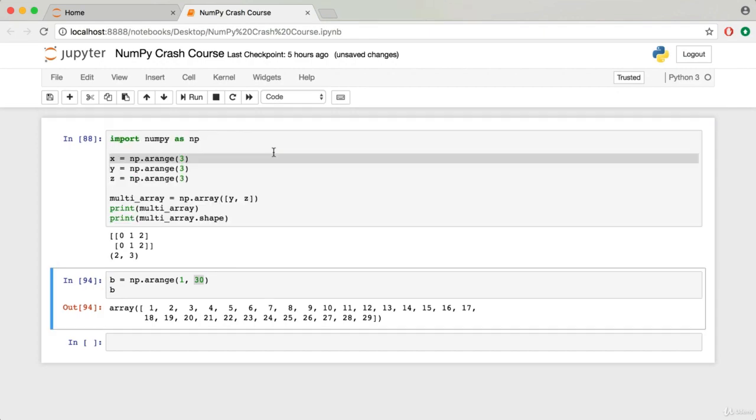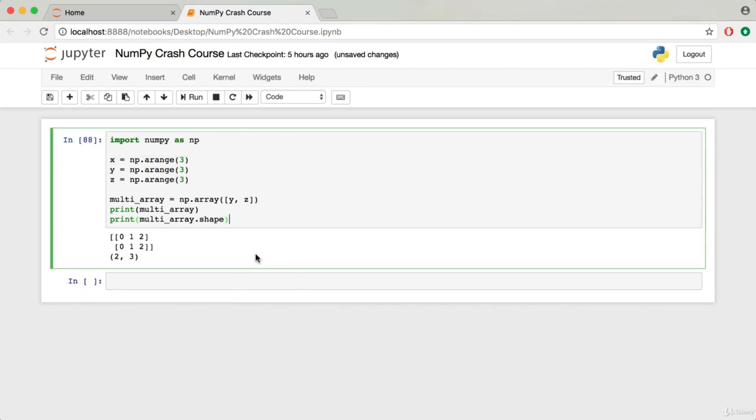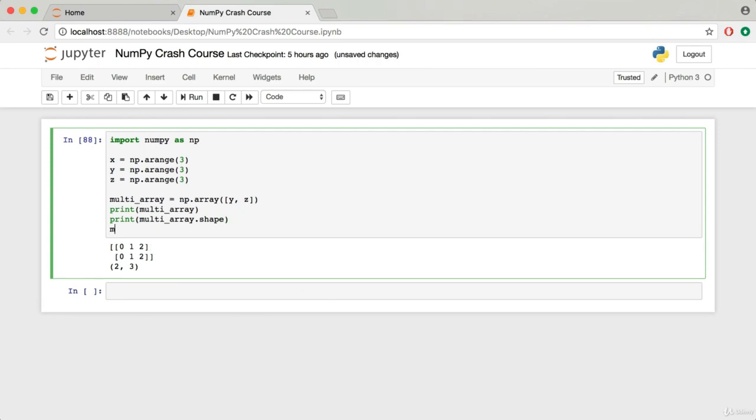We'll go ahead and delete this cell, this one as well, and we'll go back to our previous train of thought. In the last video, we indexed a one-dimensional list using a single integer. The notation for indexing a one-dimensional array is the same, and it is also the same thing for a two-dimensional array, such that we can still write multi-array, and inside these brackets is where we're going to indicate the index that we want to access. Although, since this is a two-dimensional array, indexing is done with two integers, not just one. The first integer, we're going to call it n, indicates which row we want to access, and the second integer,